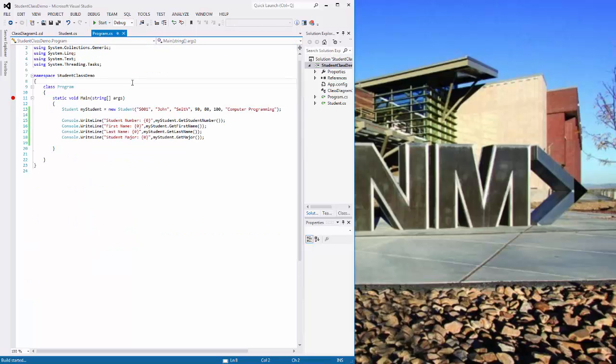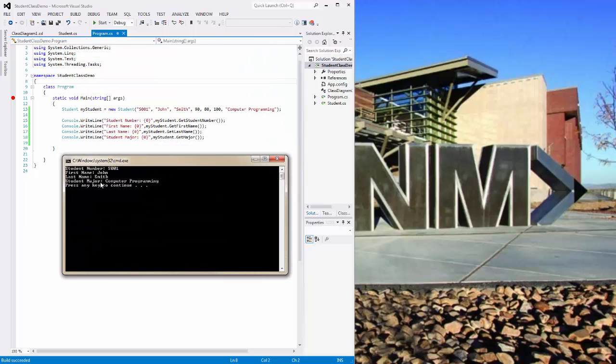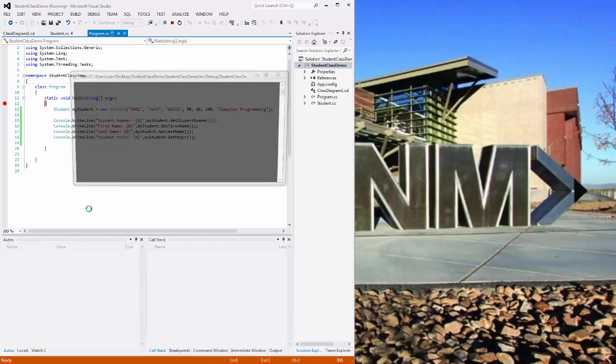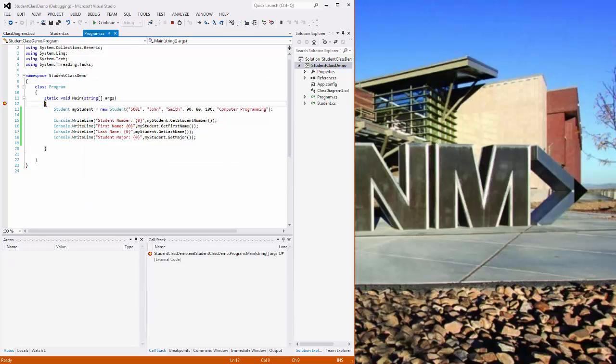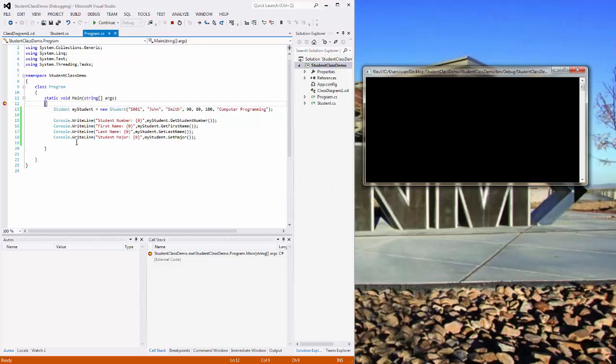And if I run this first off just with Control F5, I see that it works the same as it did before. If I run in debug mode, we can see how this jumps back and forth. So I'm going to press F11 and step through this code. So first it calls